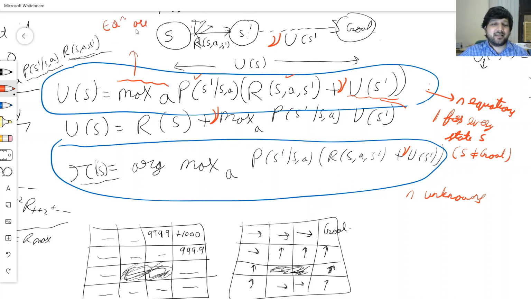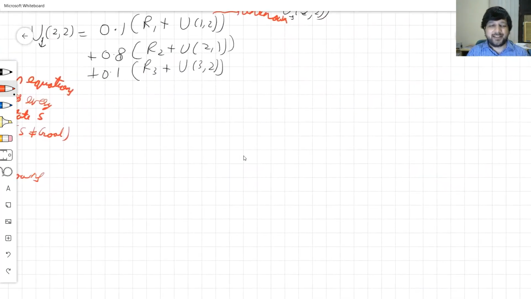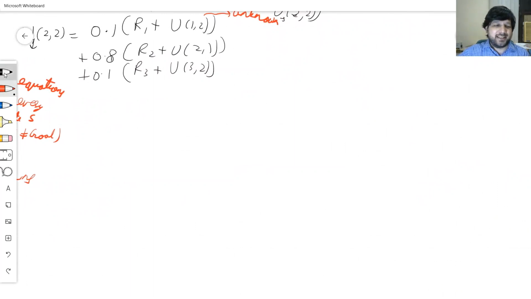Equations are not linear. And once we cannot solve anything by a linear programming package, once we cannot solve anything by a simple technique, closed form solution, linear equations, what do we do? We make an iterative solution. So we assume some value, we keep on improving it. And that is exactly what I will do over here. So what I'll do is, I will assume